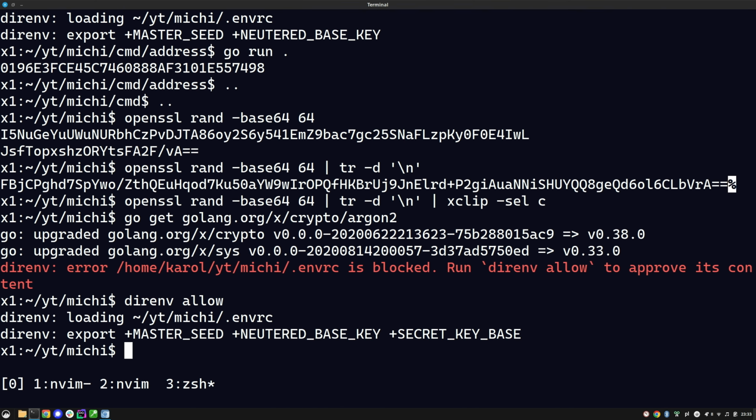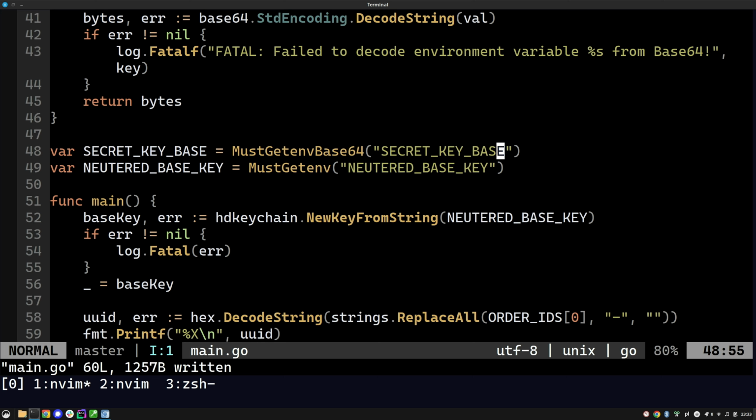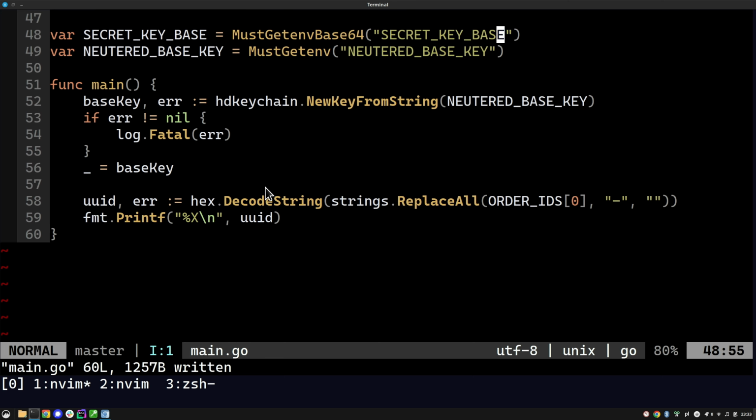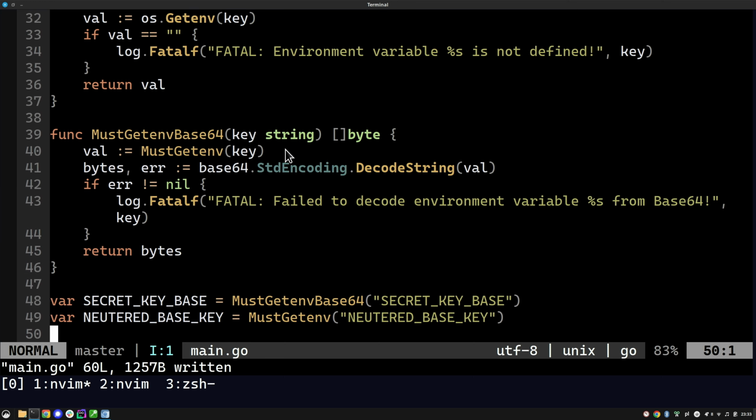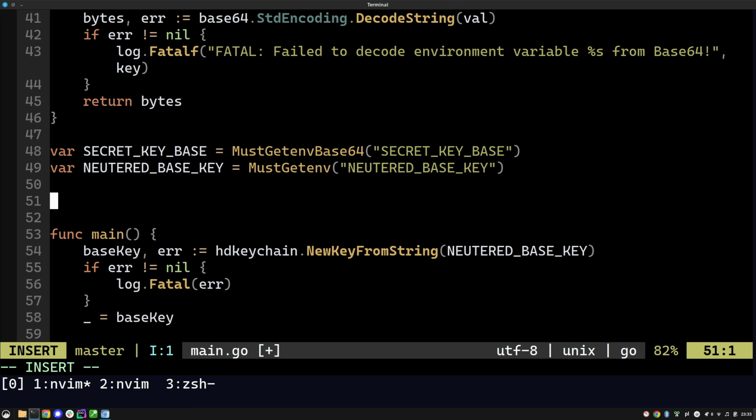So now if we cd into address and go run dot, nothing changes, but at least it compiles and does not complain. Okay, and then I'm going to use argon2id to derive a key. So I'm going to say hmacKey equals argon2.IDKey,